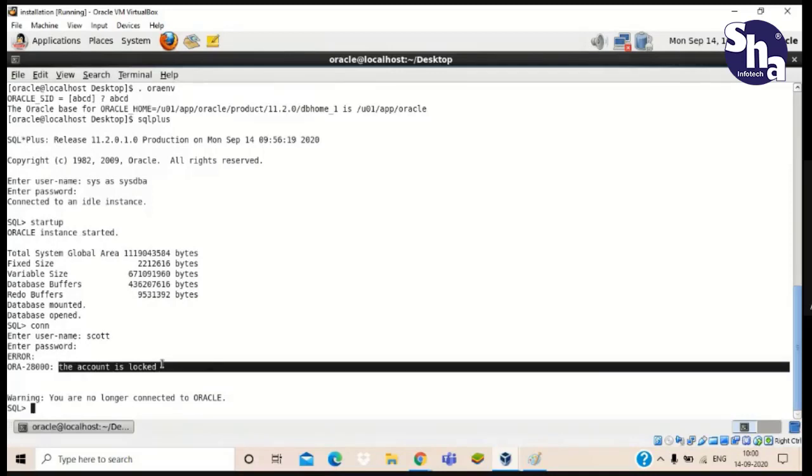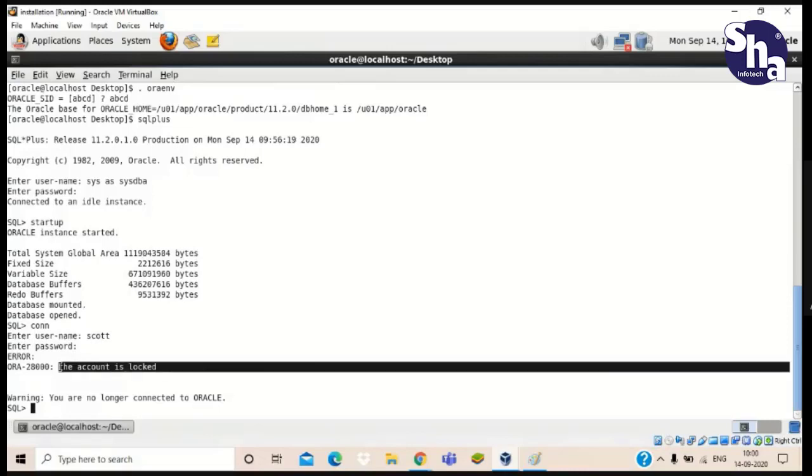Sir, this username, where do we generate it from, or is it default? This user we have already created by checking the sample schema option during database creation time. We checked one option, that is sample schema. Remember? So this Scott user is present in that sample schema. If we uncheck that, then our Scott user will not be present here.